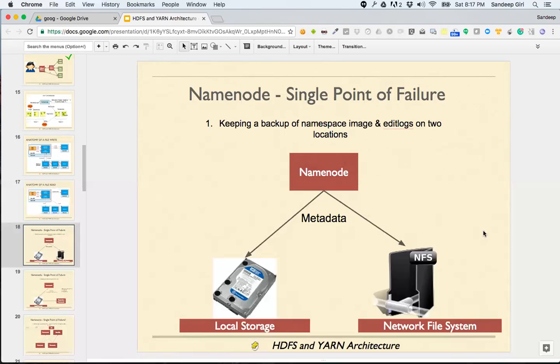Because if the name node fails, whatever is in the memory is gone, right? The only thing we will be left with is an older image plus edit logs. So using these edit logs and image, we used to recover the state of the name node's metadata. So there is a downtime. Good question, Aslan. There is a downtime to recover the system, and there is no backup system which can take the place of the primary system. Wonderful question, and yes, that unfortunately was true. In this kind of model, that was true.